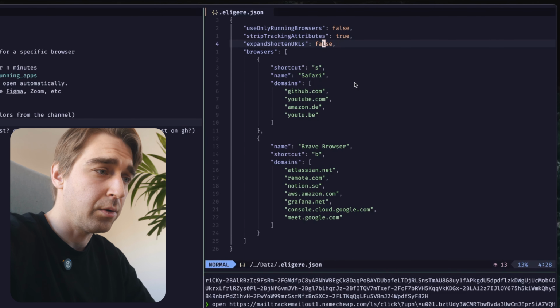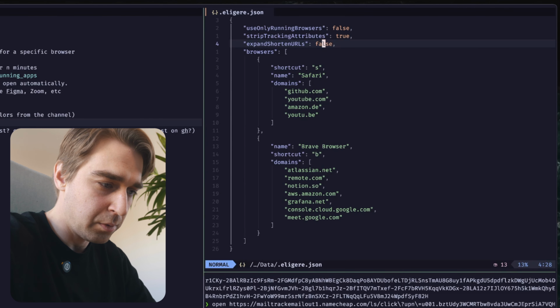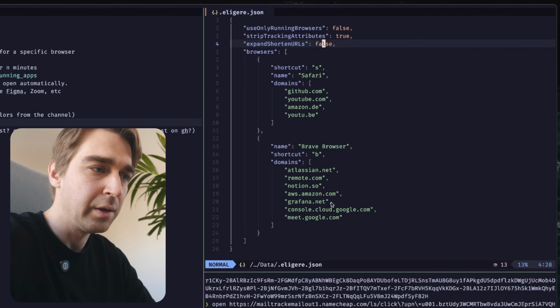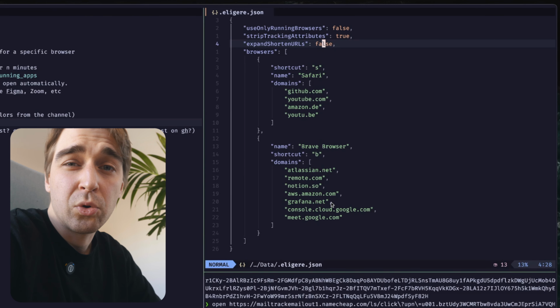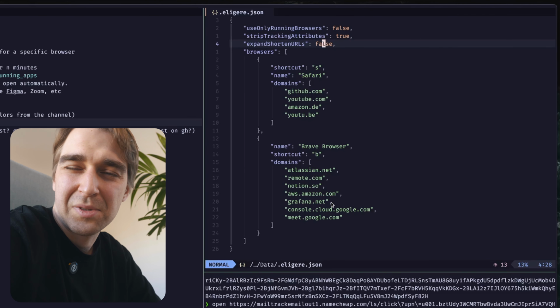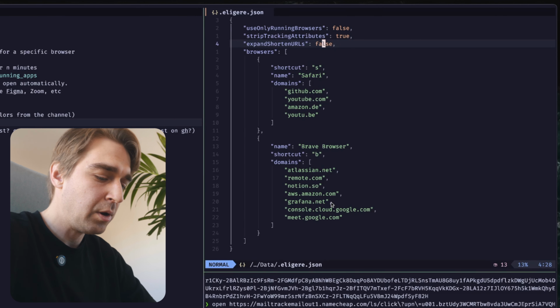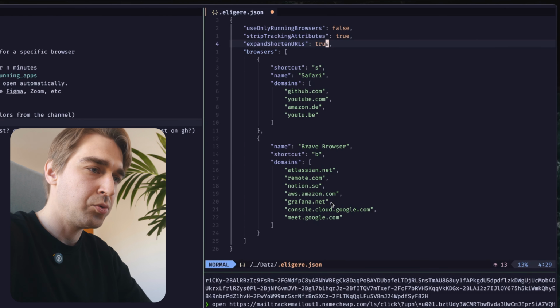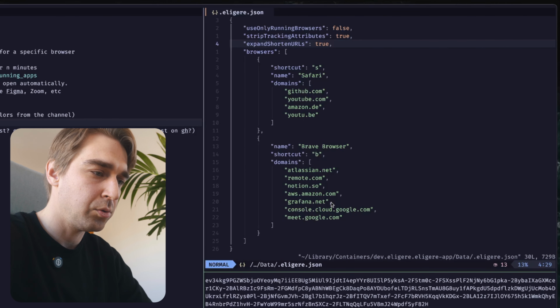But there is a caveat here. You can see at the bottom there is a long URL. Basically, if you have some URL from the email or from something like Bitly, you got redirected to the final URL, and usually those URLs have all of these tracking attributes. What I've been facing, actually, I had problems with expanding these URLs to the final destination properly, but right now it works. For example, if I change it to true and I will try to open this long URL,